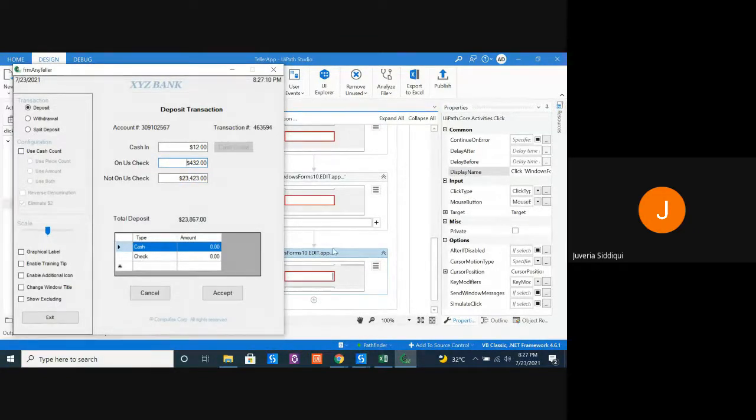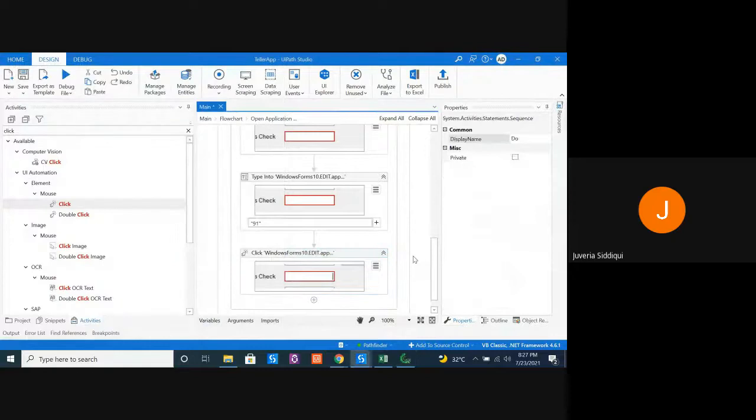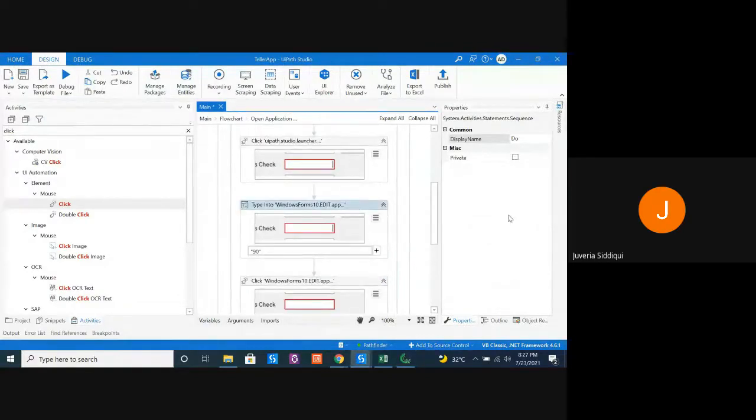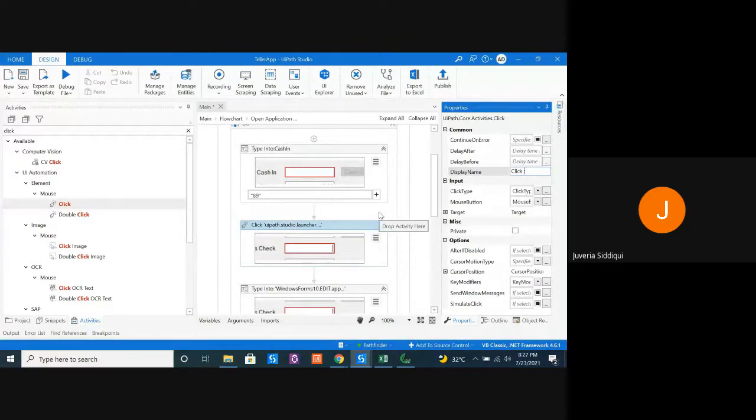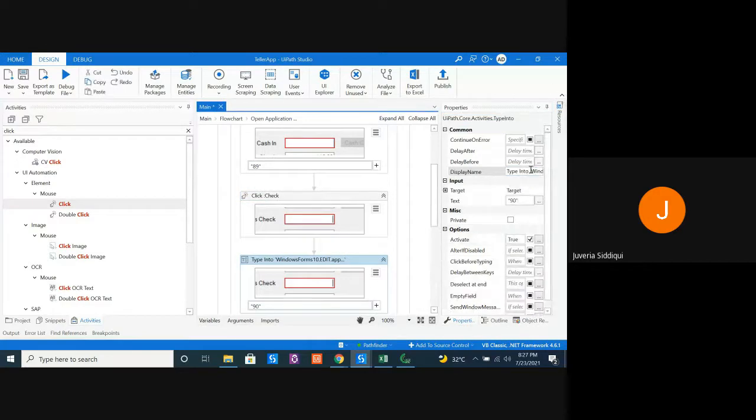Yes. So in order to get some values from the screen, it's a question to you guys. Do you know which activity I can use? Think. There's an activity called get text that will help you scrape the values from the screen. So let me just give a good name, cache in check.